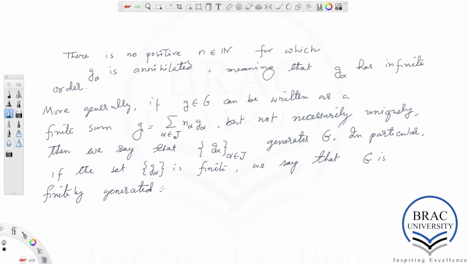If it's a free abelian group, then the expression 10 is unique. And if it's just a finitely generated abelian group, then we don't expect this expression to be a unique one. Okay, good.